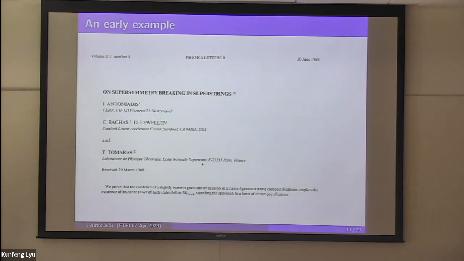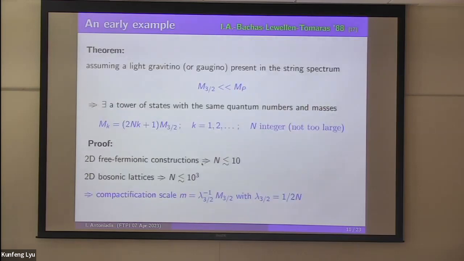So the first example of this is something we noticed back in '88, when we were looking at four-dimensional constructions of four-dimensional strings. At that time, the way to construct string models was using two-dimensional free field models, with two-dimensional bosons or fermions. And there was an observation that in the spectrum that we were getting, if there was